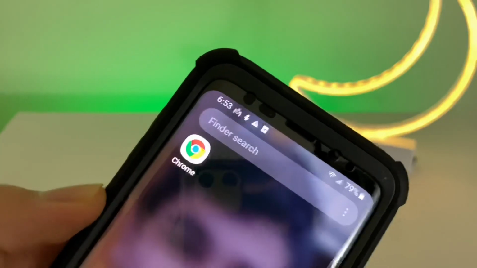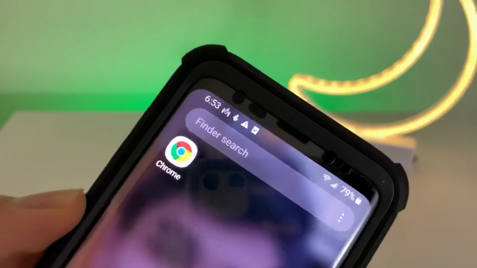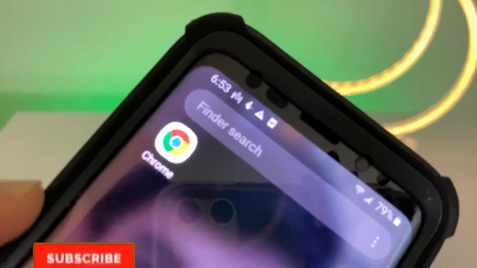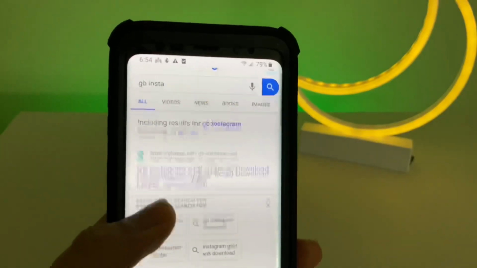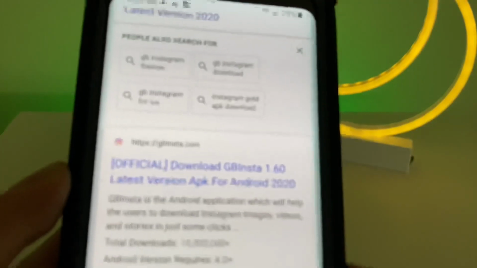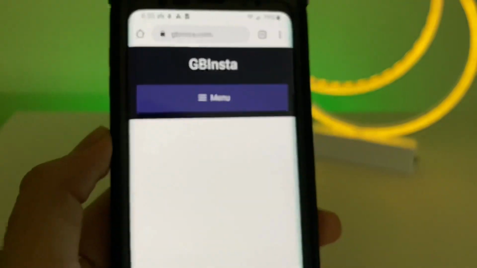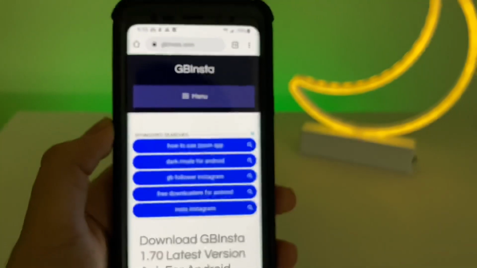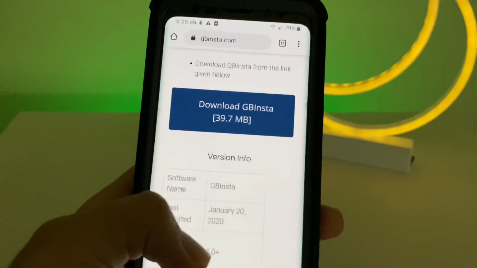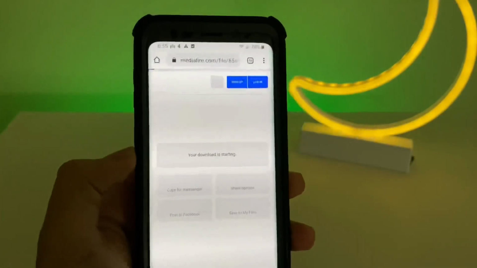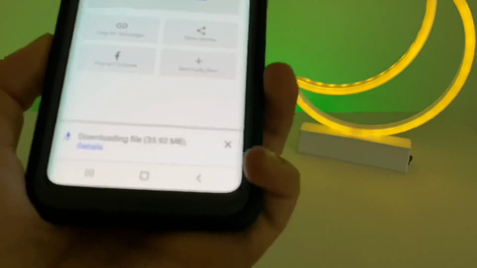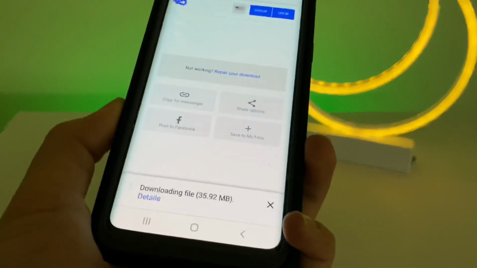So let's get started. First thing that you need to do, you just need to open Google Chrome. Then you need to search GBay Insta. Once you did that, you should scroll down until you see this link. Click on that and then scroll down again until you see download now. Click on that and then you should click here, and after that the GB Insta will download on your device,